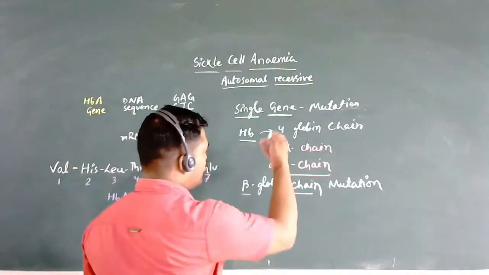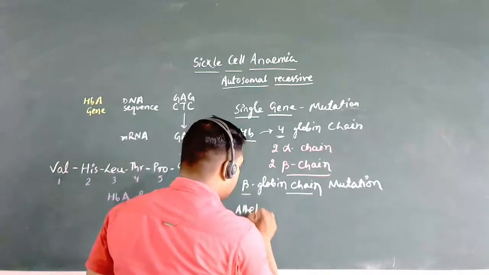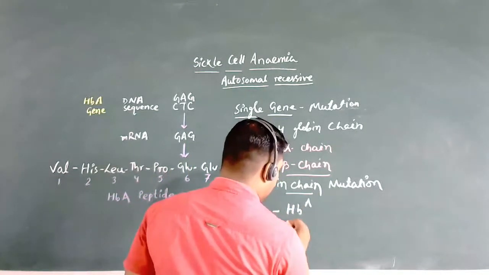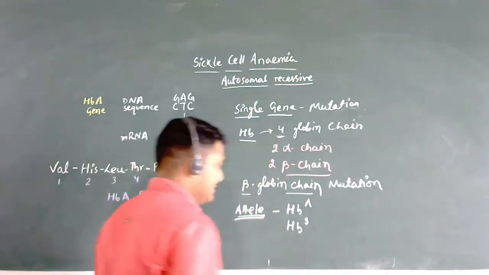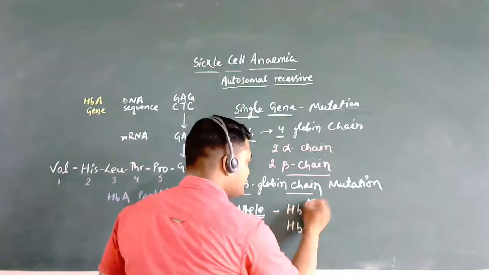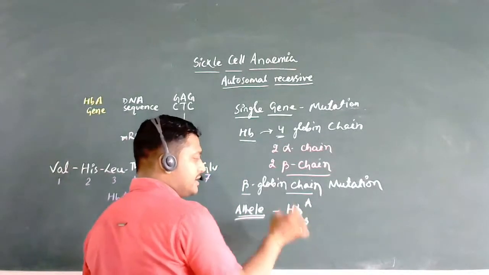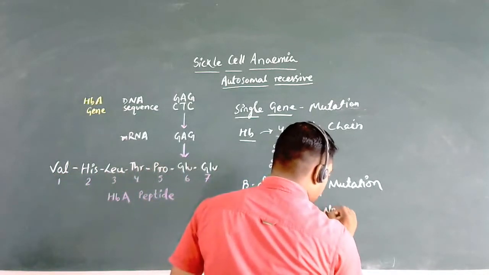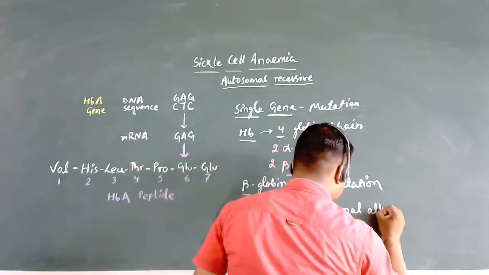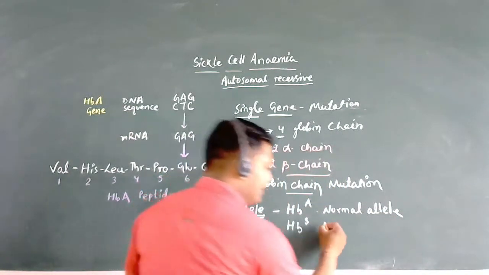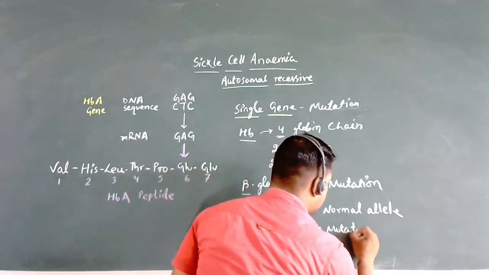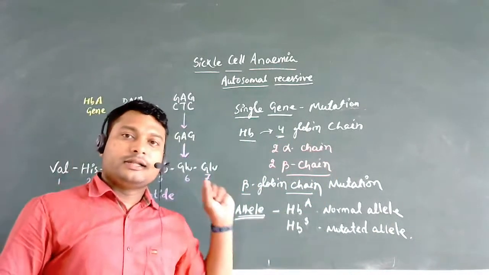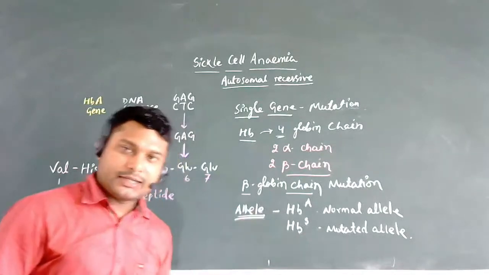So here the gene is going to be, let's say, HB, and there are alleles. Of course we have to discuss that also. What are the alleles? There are 2 alleles. One is going to be the HBA allele, and the other one is going to be called the HBS allele. Okay, now this is, let's say, the dominant allele, the normal allele, and this one is going to be the sickle or basically mutated allele, right? So this one is the normal allele, and this particular HBS is going to be the mutated allele.